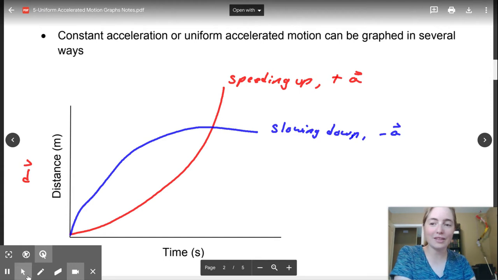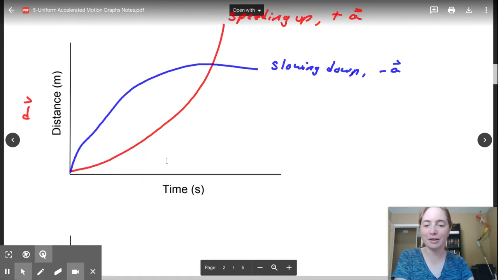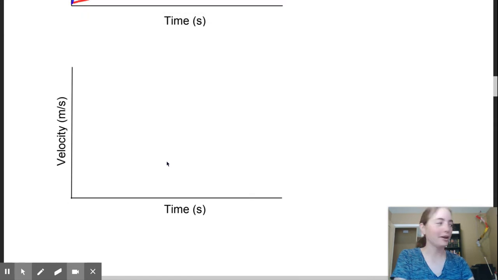So those are the patterns that you are going to need to know for a distance time graph when we're dealing with accelerated motion. There's not any math I can really get you to do there, at least at this point in Physics 20. But for the next graph, there are 2 types of math we can do on this one. All right, so on a velocity time graph,